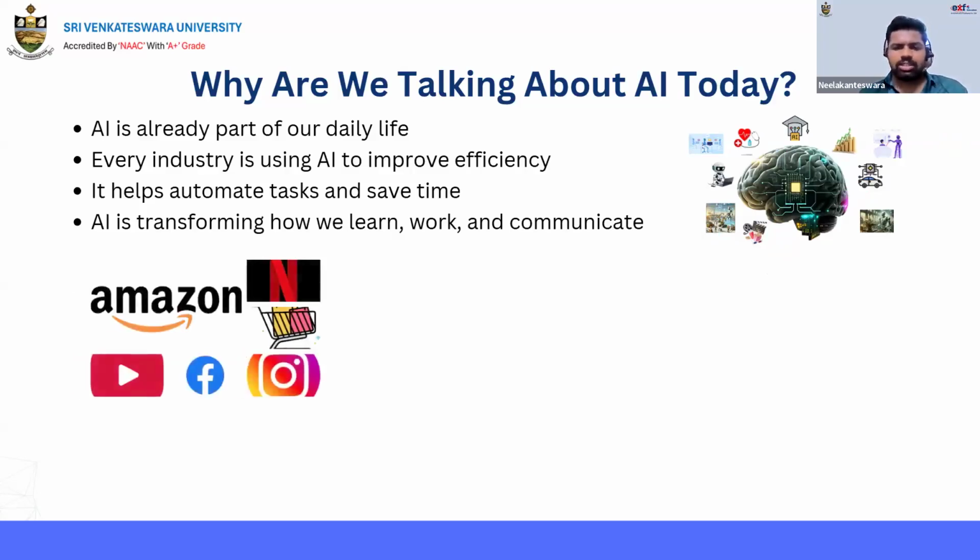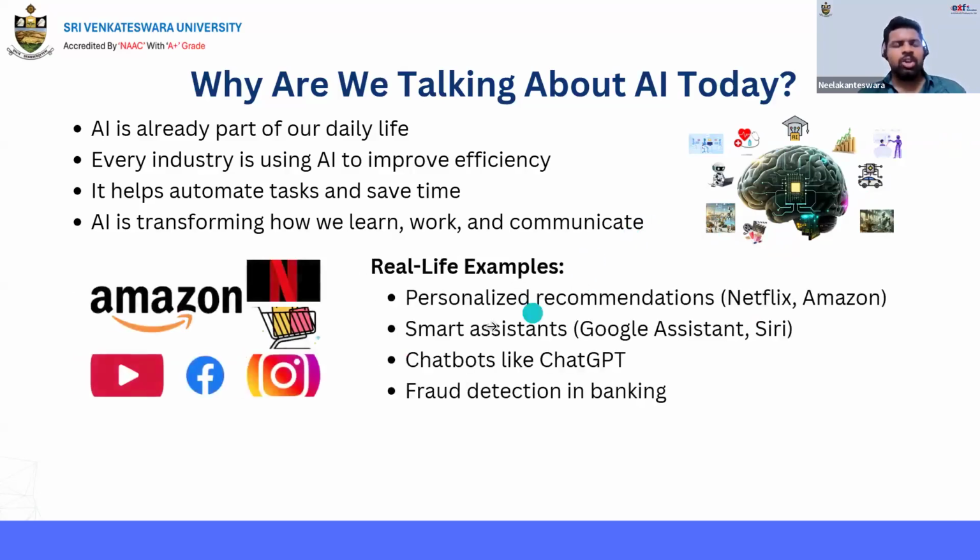Finally, let's see where we can use AI. We can use it for personalized recommendations. Take Netflix and Amazon as examples. Netflix suggests the next movies we should watch, and behind it is AI. It learns patterns like your previous watching history and what you liked more, like horror, comedy or thriller movies. According to that, it will suggest the next movies.